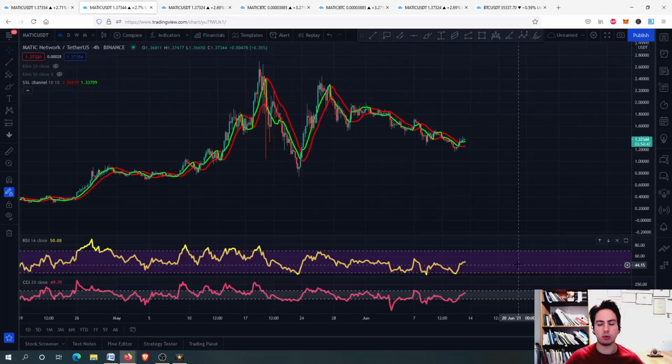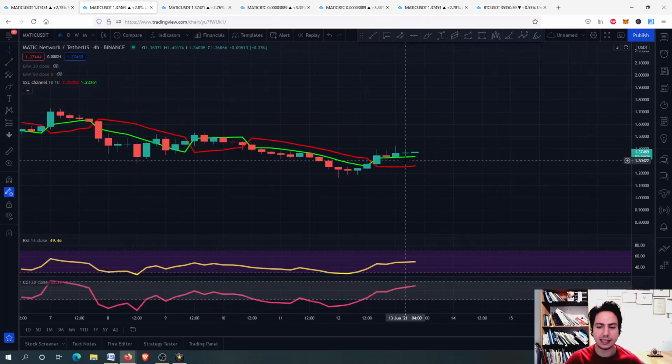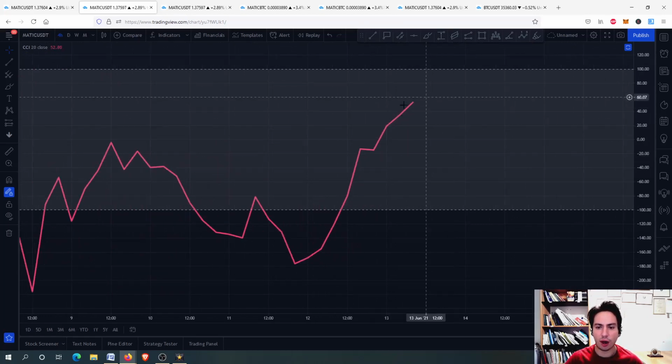Let's go now to the commodity channel index, to the relative strength index, guys, and of course the SSL channel. The SSL channel here is an indicator that tells us when to buy or not, depending on whether the green line is above the red line. So now the green line had made a bullish recross here and it is above the red line. Same with the commodity channel index. Right now on the 4-hour frame, we are